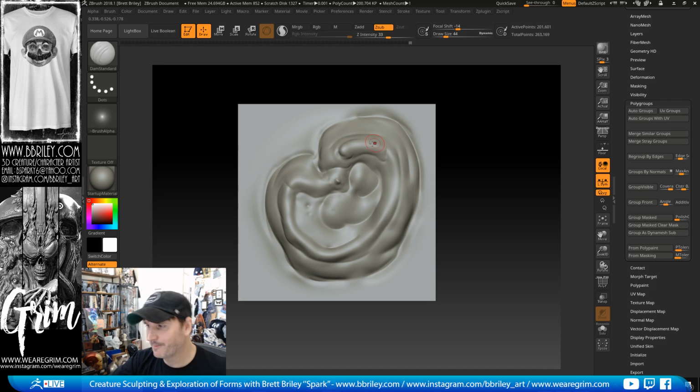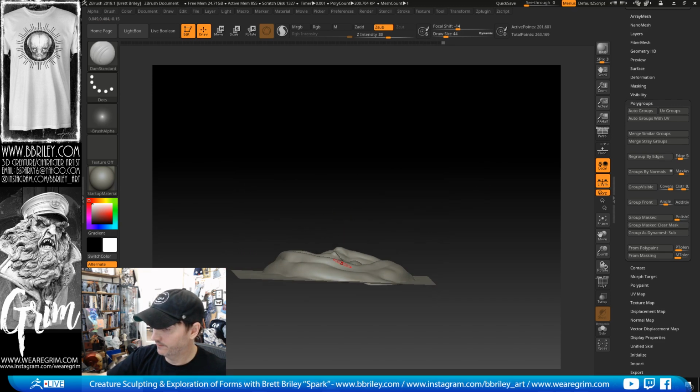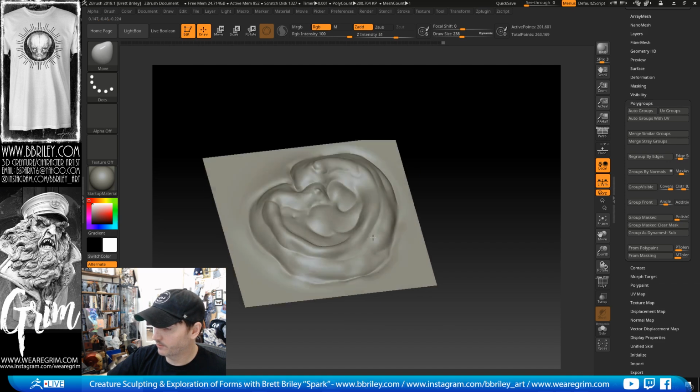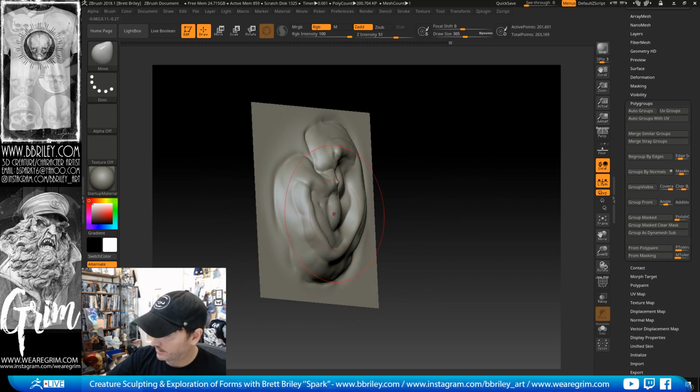I'm only at about 200,000 polygons, not too much. If I divide this again, it's going to go up to 1 million. That's fine if you want to do that, but when you have so many, it starts to bog down. And what this has done is drawn out from the depth as well. So I'm going to take this and exaggerate some of these